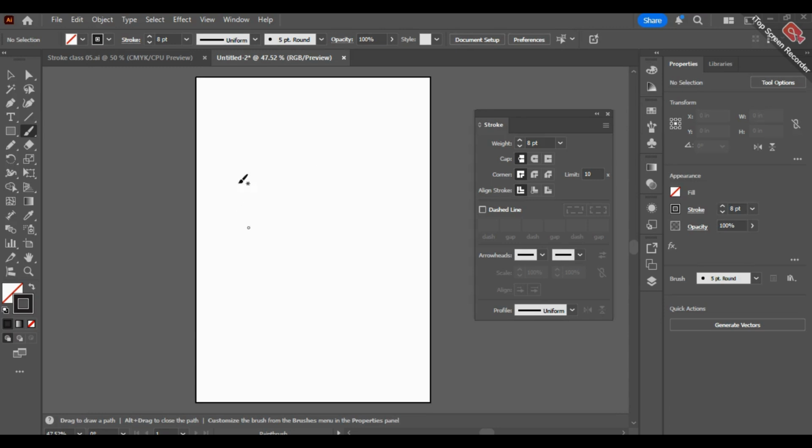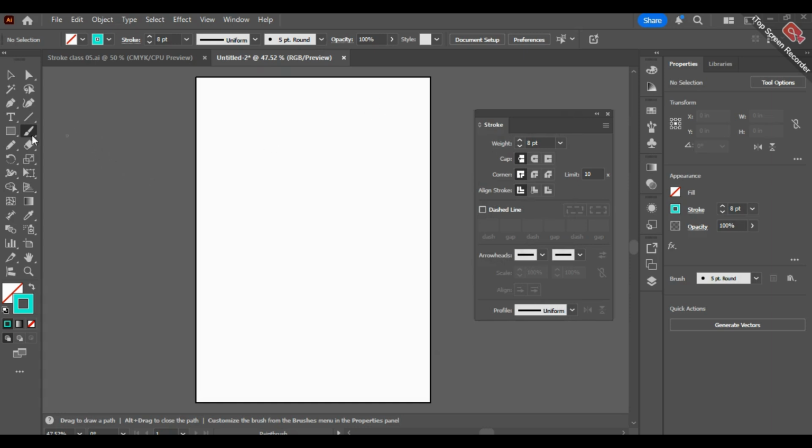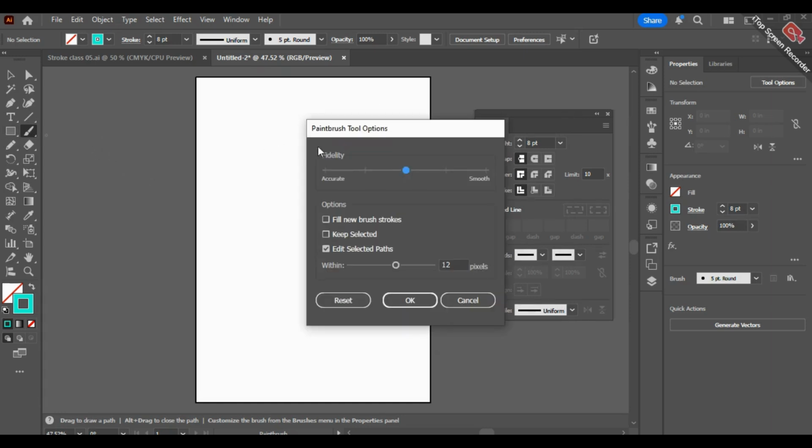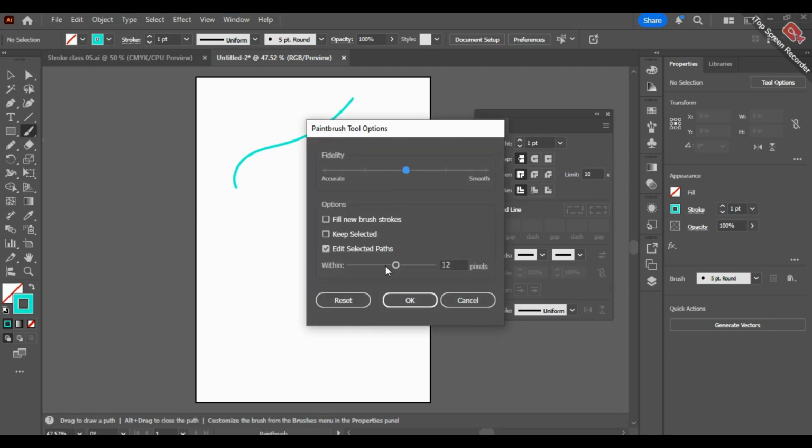Now if I'm using my brush tool, you can even change its color. I'm gonna change it to a teal cyan color. And if you double click on that tool, you can go to more advanced settings. You can keep your brush on accurate, or on smooth. I'm going to keep it on smooth. Now let's see the difference. If we keep it on smooth, I have created the smoothest line I could ever make. And now if I keep it on normal,